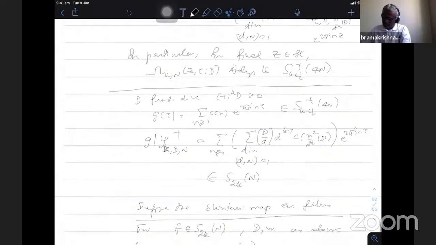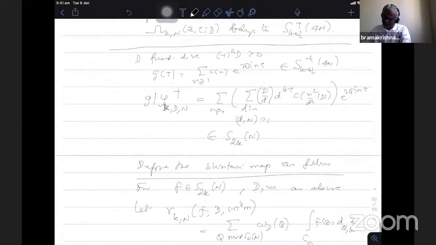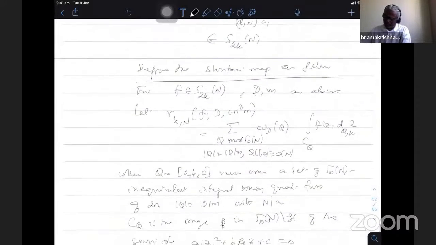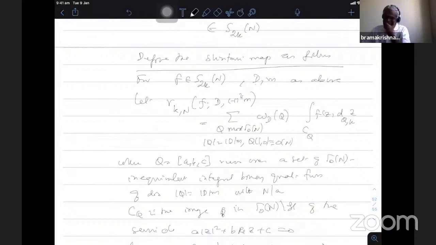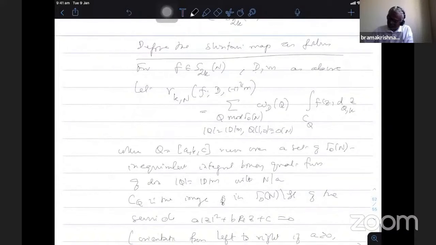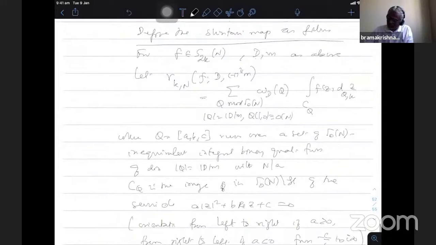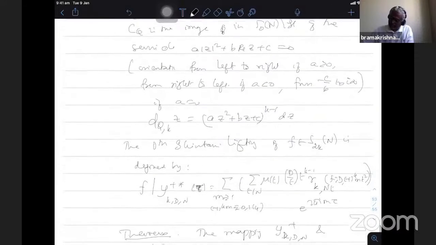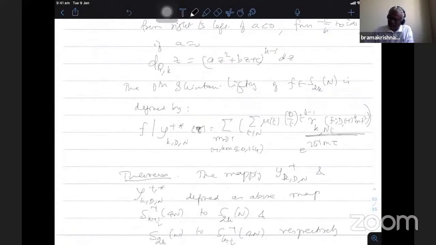After that, using that, this is the Shimura map, and then we define the Shimura-Shintani map using the kernel integral with respect to any function that we integrate this f of z with respect to the set of equivalence classes, and then over the image of this semicircle on the upper half plane, and a specific orientation. Then you get some functions R_{k,n}. Using that, we define the Shintani map.